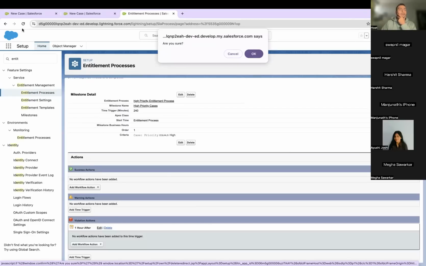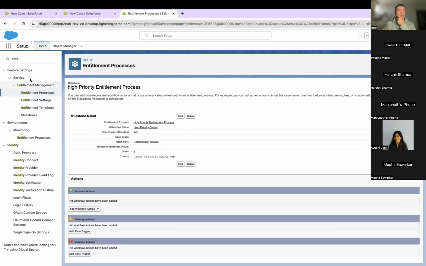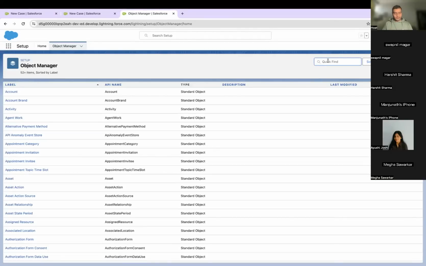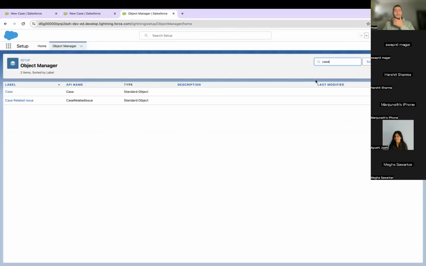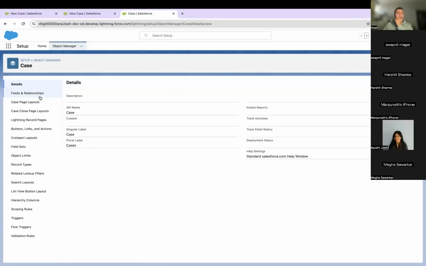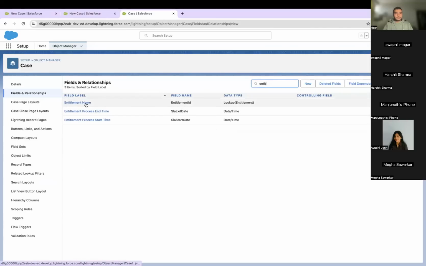Yeah, now the next thing is to associate that entitlement with the accounts. So first thing is that on case you will have to, there is a field entitlement. Okay,